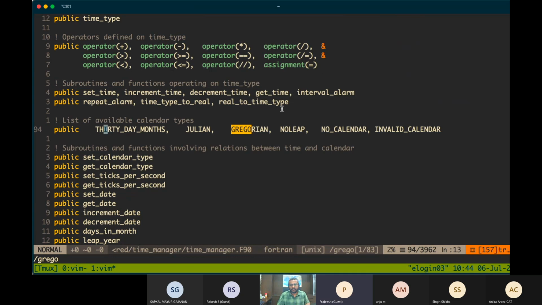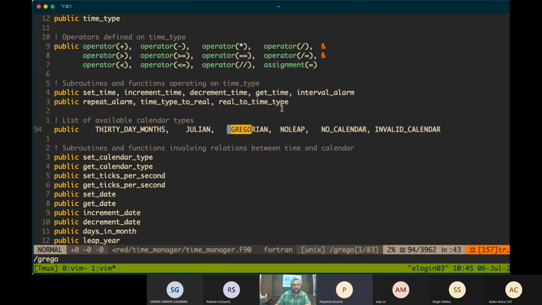So you have 30-day month, you have Julian calendar, you have Gregorian, no leap, and there is no calendar, which means you don't use any calendar. It's just values from 0 to whatever loops you are using, which is not very useful. And there is invalid calendar, which is for checking if a calendar is valid or not.